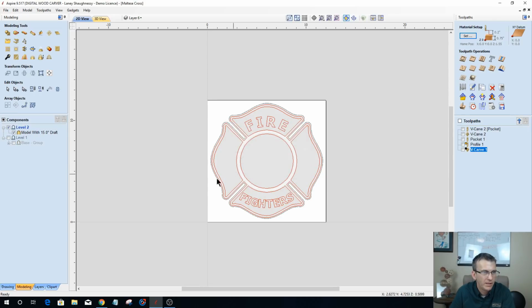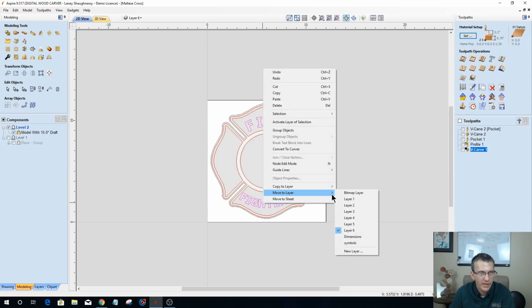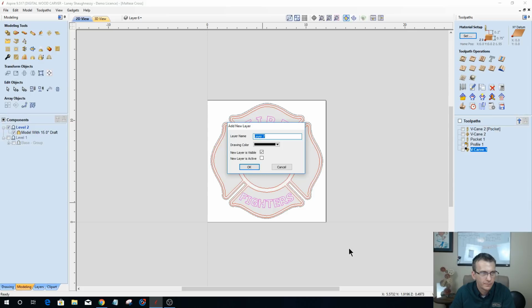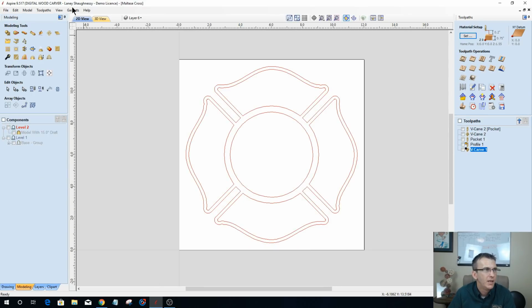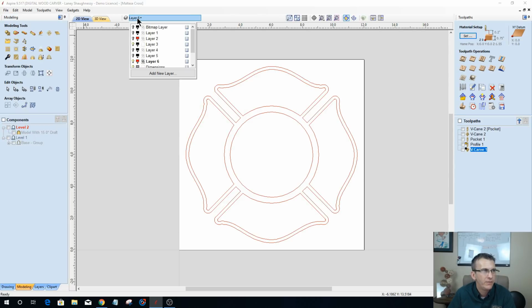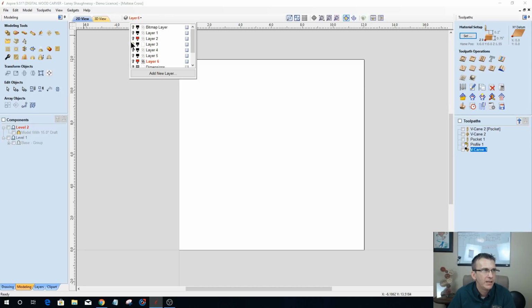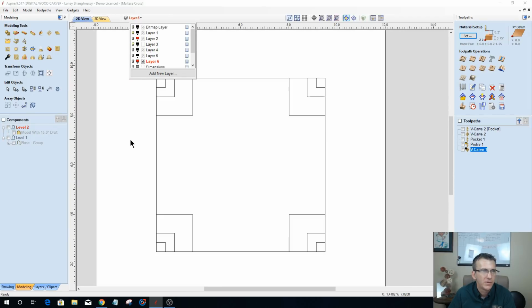Turn that visibility off for a second to hide those. Let's take the text, move that to a new layer. Turn the visibility off on that, and then come over here and turn the visibility off on our model so we can see where we're at. But it's hard to believe that with our shape and everything that we started out with just a few simple